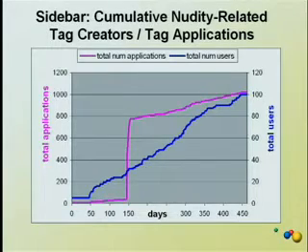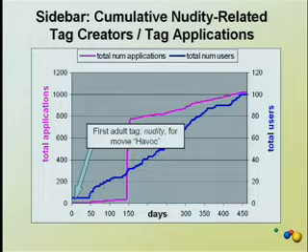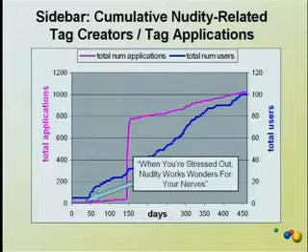So the first nudity tag was the tag nudity, right? That's a natural tag for a movie with nudity, and it's for this movie Havoc, which I don't know. So about a month later, there is the second nudity tag, which is my favorite of all the nudity tags. When you're stressed out, nudity works wonders for your nerves. So this is not a lot of informational content, but some entertainment content. That was a tag. Amazing. I don't think they had the comma in there because that would be shown as 2 tags.